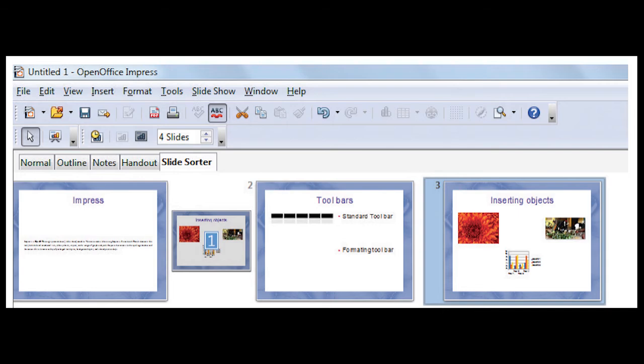When you right click on the slide, a pop-up menu will appear. There you will have the options to add a new slide after that selected slide, or delete that selected slide, or rename that selected slide, or change the slide layout, or change the slide transition.